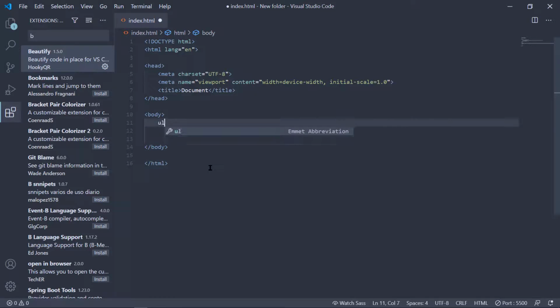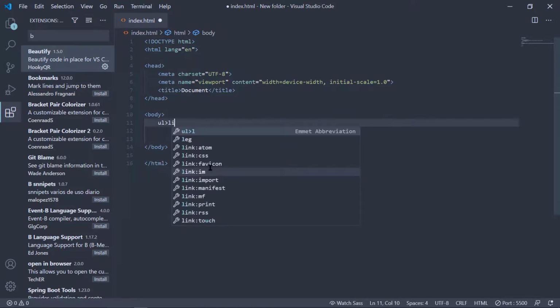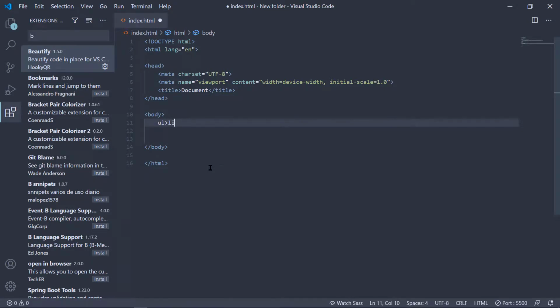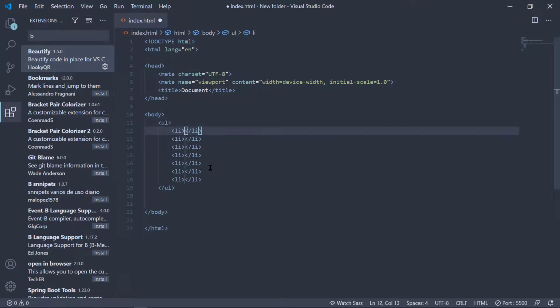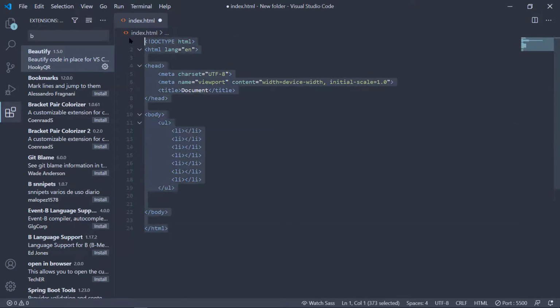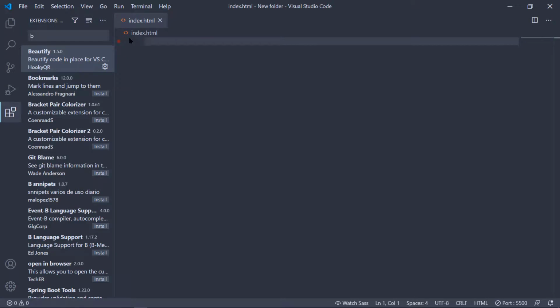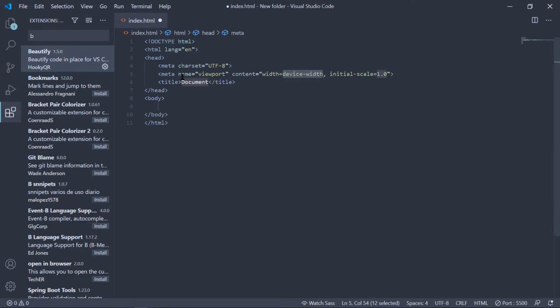So if you want to add a child element, we can use a greater than sign, then a for anchor tag, and if you want to make it 5 or 7 times, we can just put in a multiplication sign and 7, then hit tab and it will expand like this. And if we delete all of this, for a starter template it will be an exclamation sign, and we can hit tab and it will give us a boilerplate.